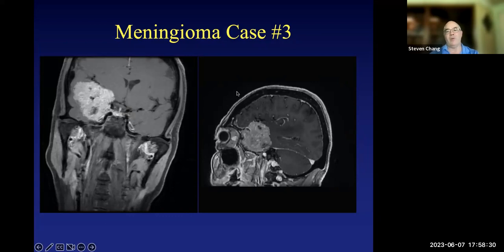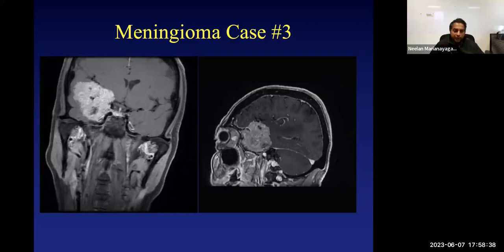So Neelan, what do you recommend for this patient? First of all, do you think this is causing the leg numbness? No, it's not causing the leg numbness. That's likely due to the diabetic neuropathy. And she's subjectively weak. We don't know what's causing the subjective weakness, but objectively, she has no findings except for that